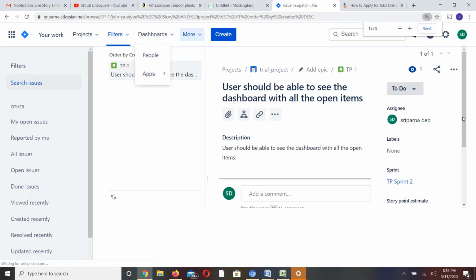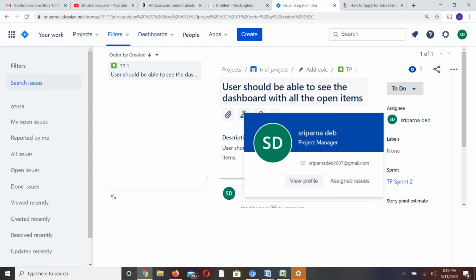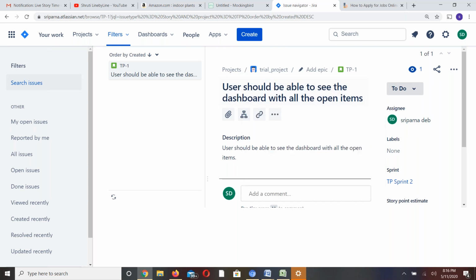Where is my query gone? I don't know. So it has shown one item which is assigned to Sriparna. So I've selected, and you see that it's trial project and TP1, etc. That's how you can basically see. You can create the filters, simple filters.